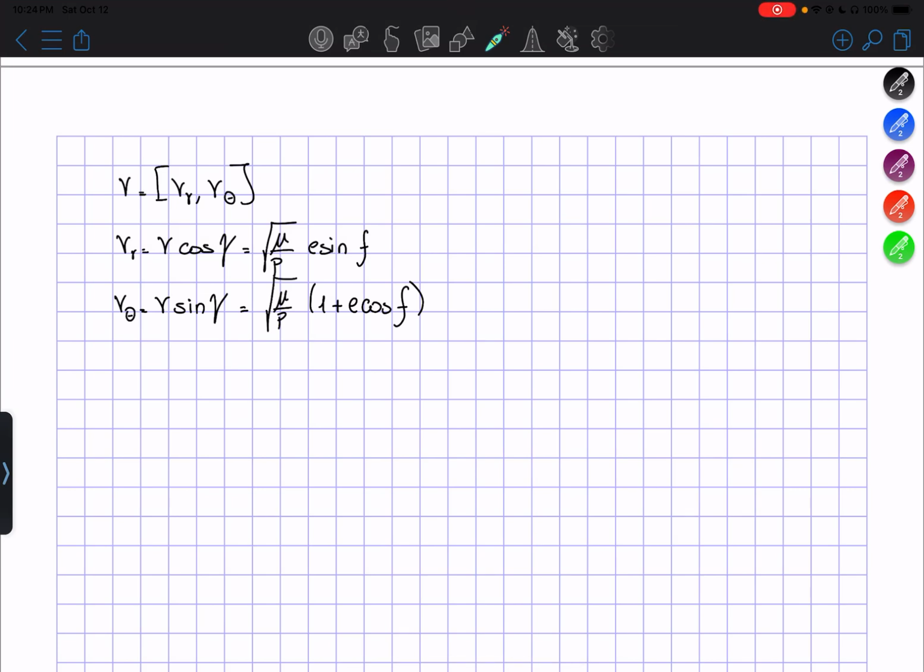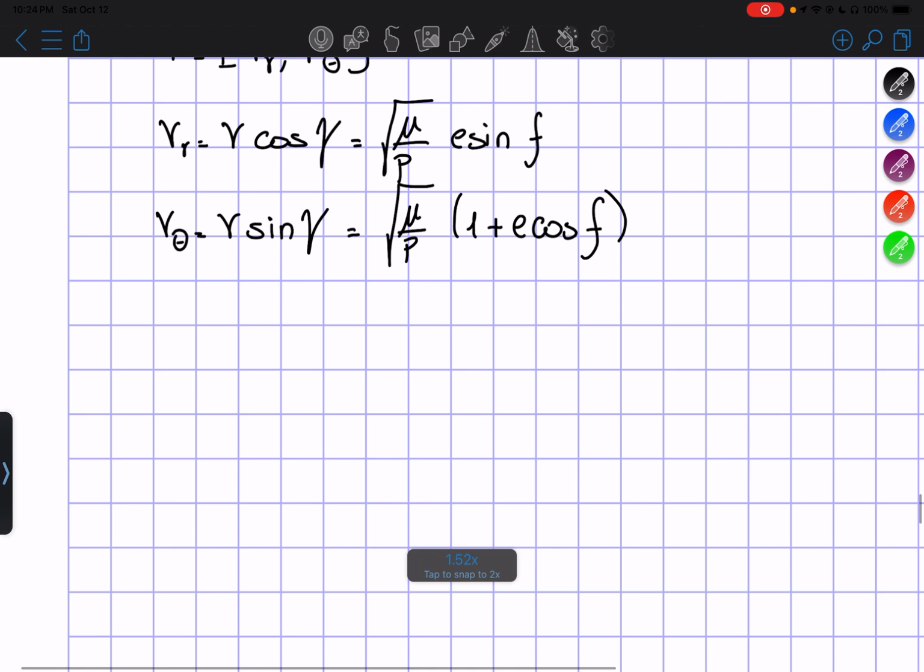Okay, so here I'm going to try to prove that the V_r component of V is equal to square root of mu over p times e sine f, and that V_theta, or V sine gamma, is equal to square root of mu over p times (e plus cosine f). Now, what I want to start from is h, the angular momentum, is equal to r cross V,